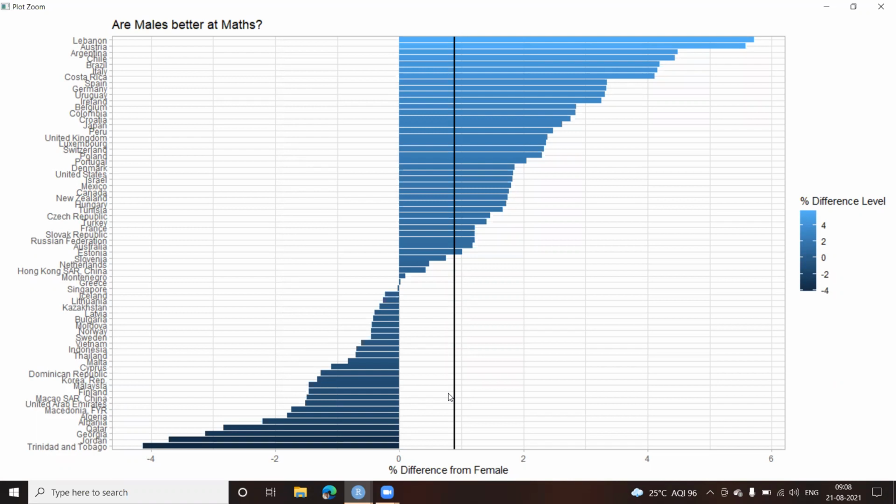Especially if you look at the countries, you can see that in the developed countries, males are performing better.